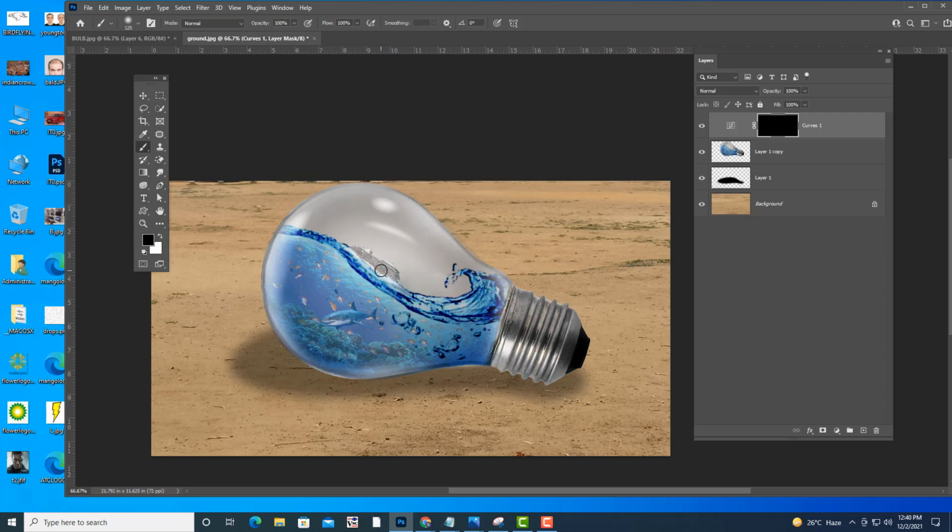Always check your keyboard. Sometimes if caps lock is on, you will not be able to see the icon. Okay, like this. See, now only the blue is added inside. So like this you can enhance, improve your work, right?